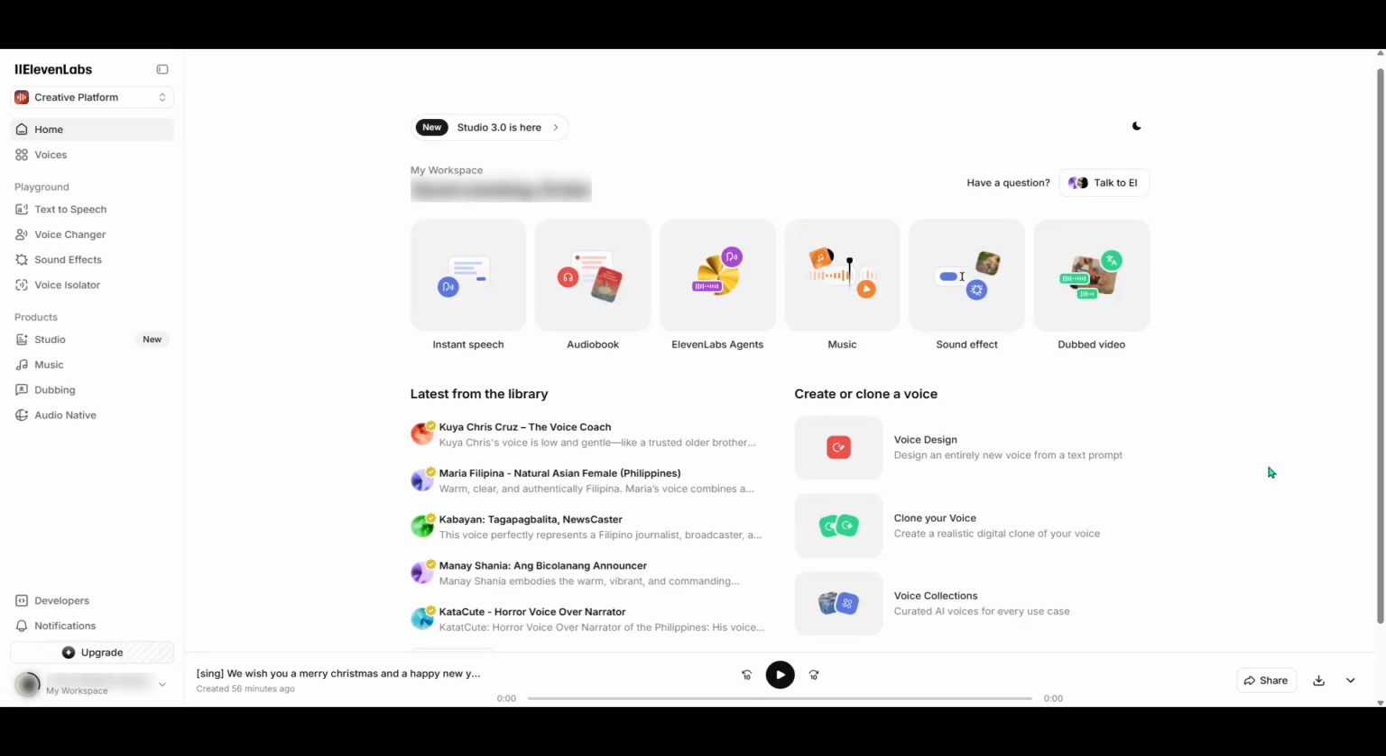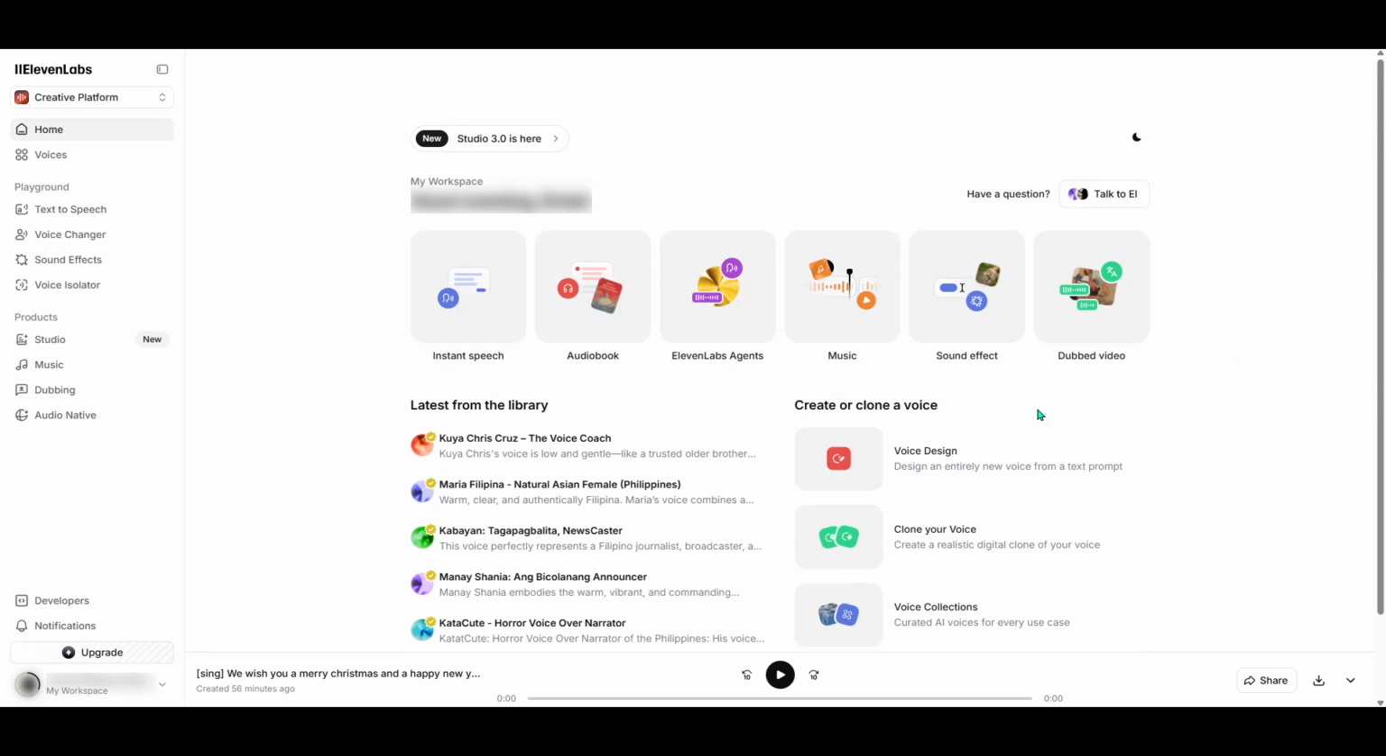In today's video, I'm going to teach you how to create audiobooks using ElevenLabs AI. Whether you're an author looking to reach a wider audience or a reader who loves to consume books on the go, this tutorial will guide you through the straightforward process of transforming your written words into an audiobook using advanced